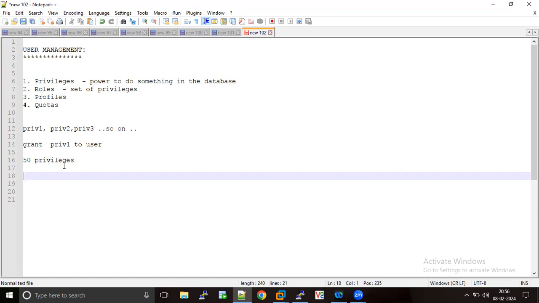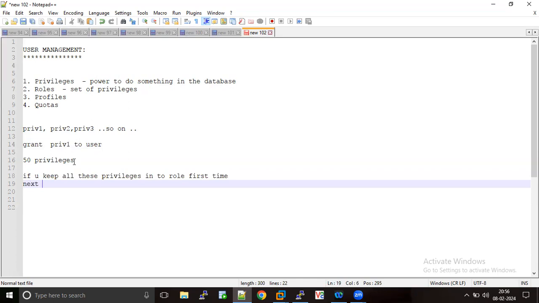Like that, we have 50 privileges to grant. 50 statements we need to execute. If you keep all these privileges into a role the first time,